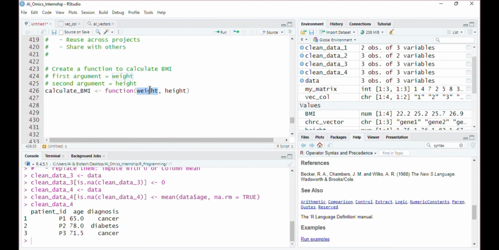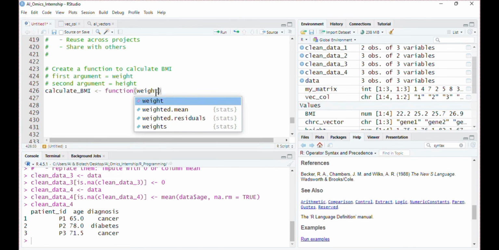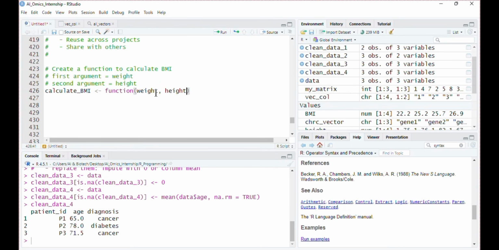So instead of weight and height, you can say anything like W and H, but if your function needs two arguments, you have to mention two, otherwise R will throw an error and will not create your function properly.